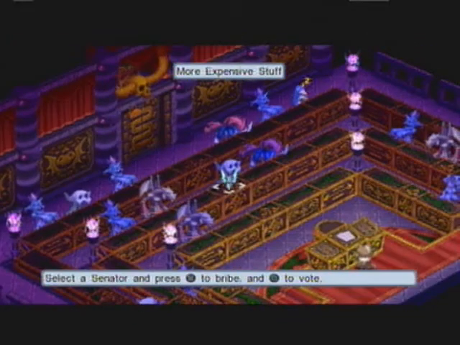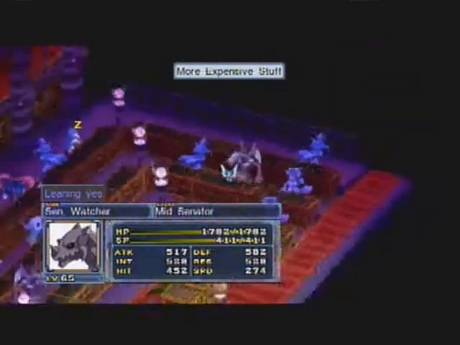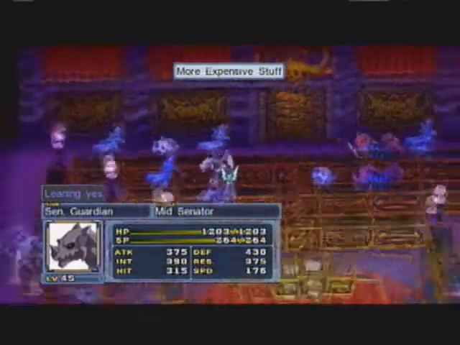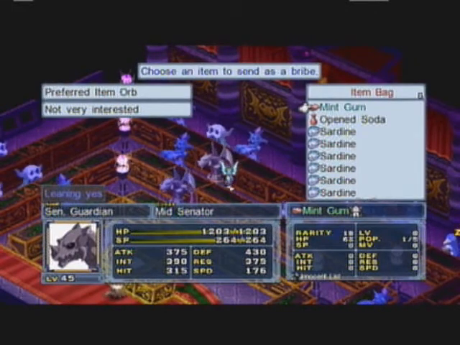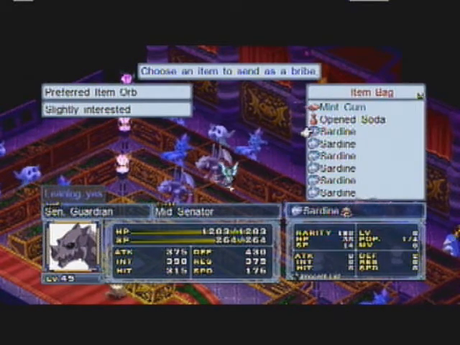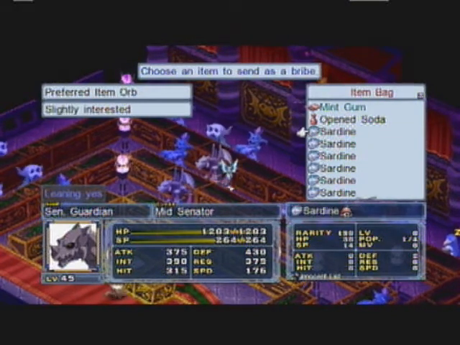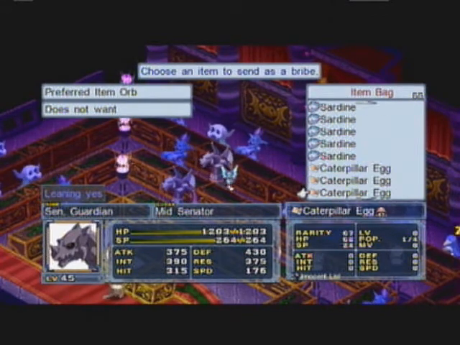Now, how you can get some to approve of you is by bribing them. Which one's the lowest? Well, the gargoyles are the lowest one right now. If you look at the items, it shows a preferred item they like and shows their interest in the item. If they're not interested, it could put a risk at lowering your chance of their approval. Slightly interested will increase it a little bit,